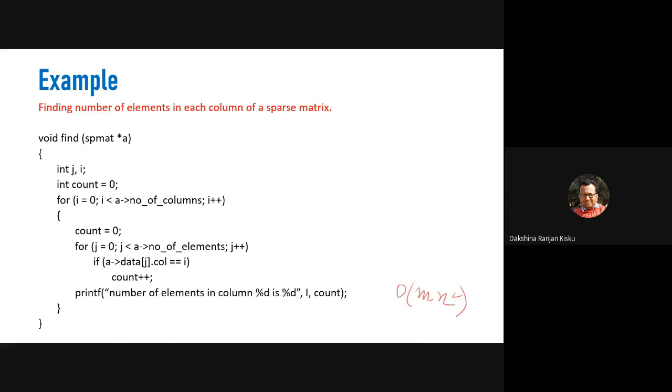That means whenever we see that a data j dot column is found to be I, then we will increase the count. And this increment of the count will give us the number of non-zero elements in each column.